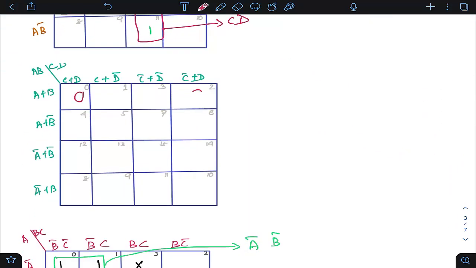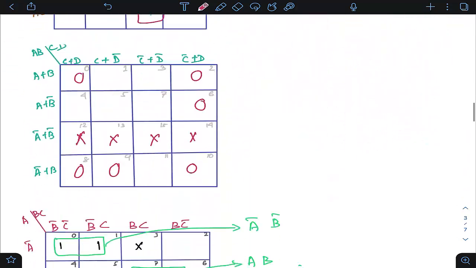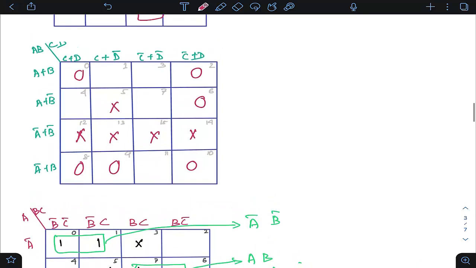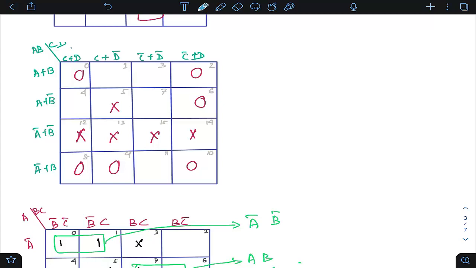0, 2, 6, 8, 9, 10, and then again you have these 12, 13, 15, 14, and 5. These are the don't care combinations. So here again you need to see carefully what grouping I should do so that all the max terms will be covered. So clearly, students, one thing is visible to me. That is, I can have a diagonal. I mean, by considering these four diagonal max terms, I can have one group,